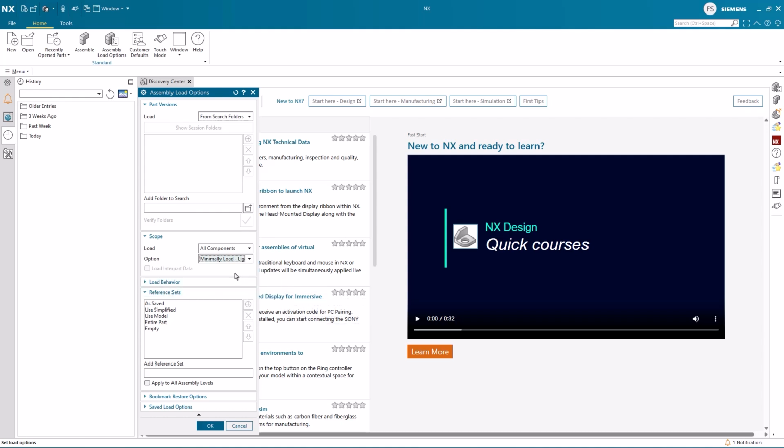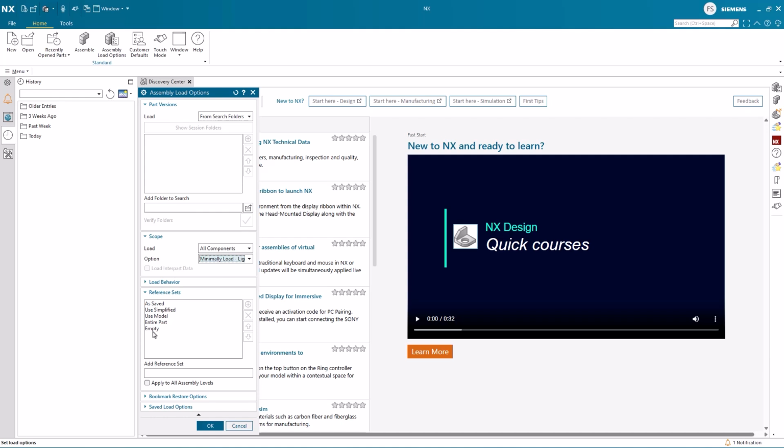I also want you to pay attention to the assembly filtering method used when it comes to reference sets. The list displayed here is the default setup and is in general fine, but you might have some customized reference sets that you want to filter to, and if so, you might want to add them here.